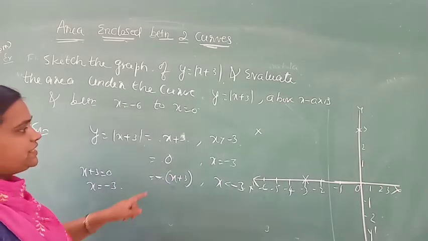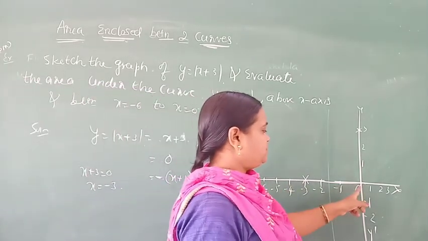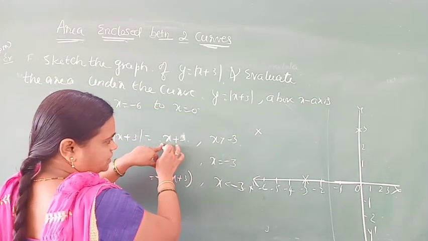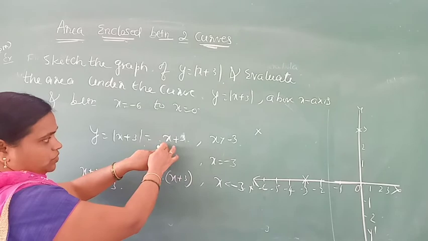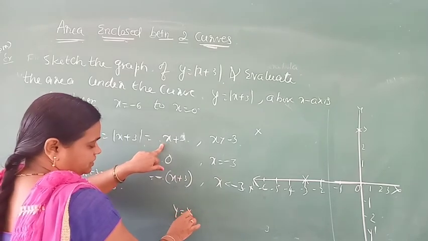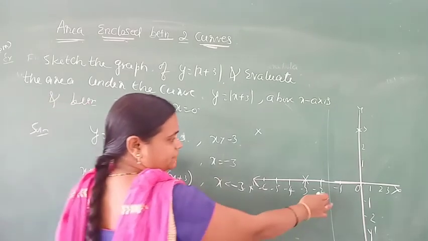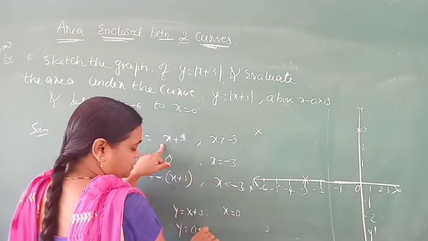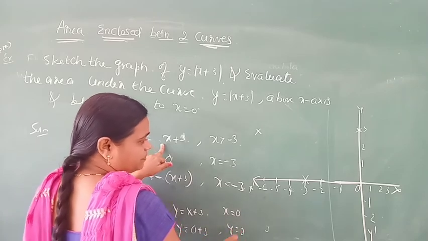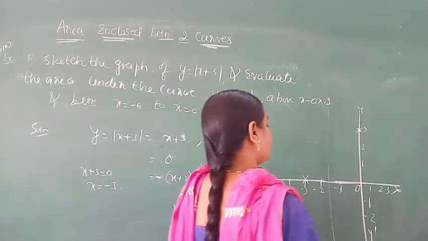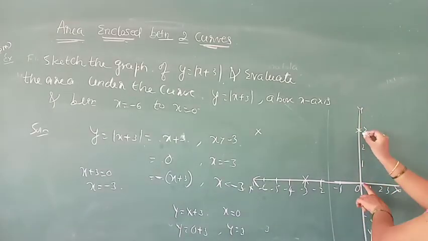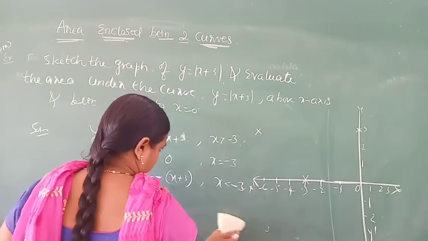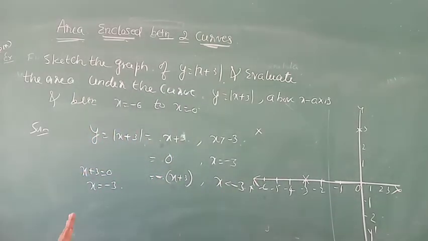And if we substitute x is 0, what will we get? If we substitute 0, it is 3. Are you understood? If I substitute x is 0 in y equal to x plus 3, y is 0 plus 3. What is the value of y? Y is 3. It means the point of intersection: if x is 0, y is 3. This is the condition here. Next, another point is mentioned, that's why we are taking that point.